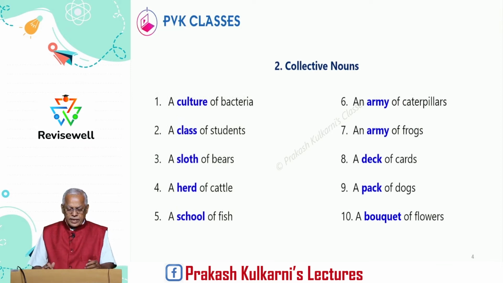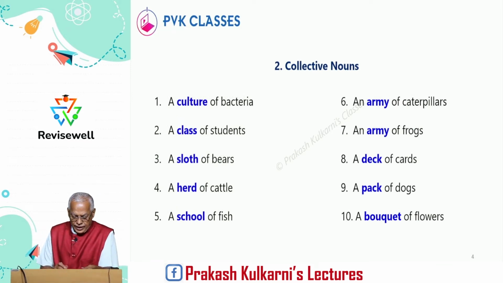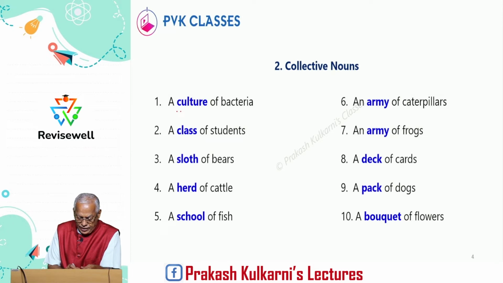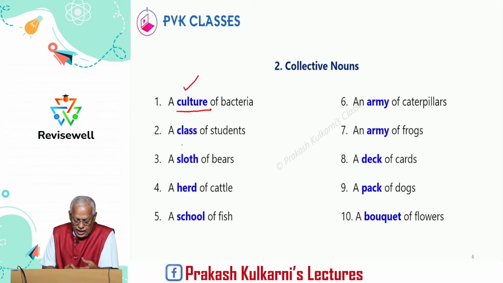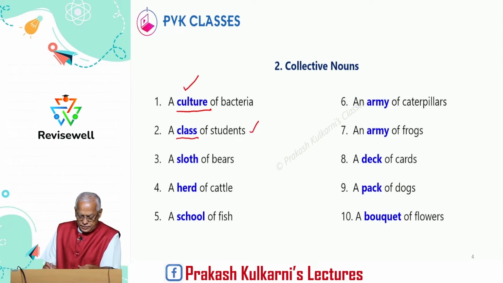Let us go to the next one. A dash of bacteria, a culture of bacteria. That is the answer. Culture is the answer. A class of students. Here it is related to group of people or persons. A sloth of bears, animals. A herd of cattle,